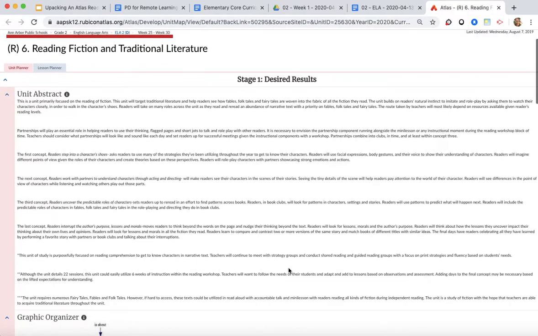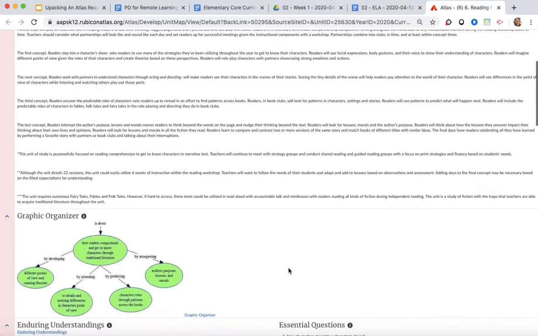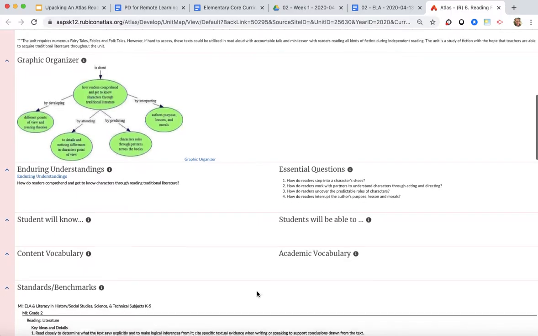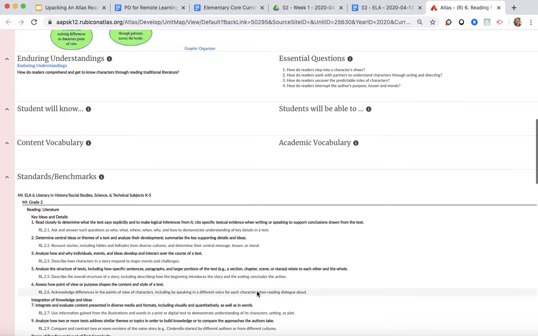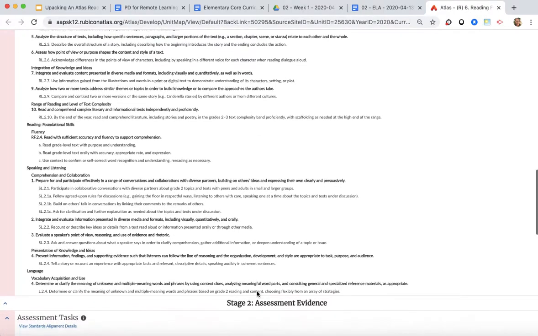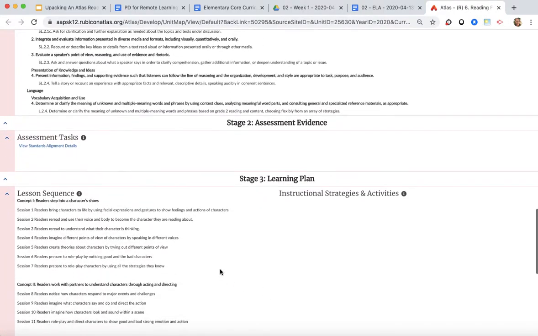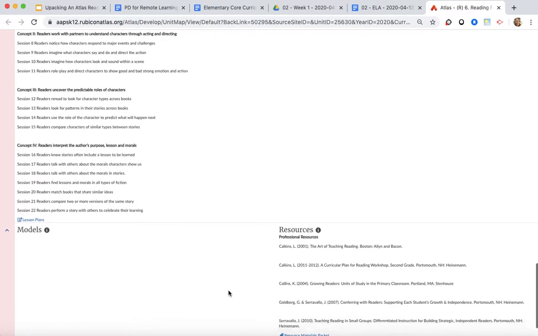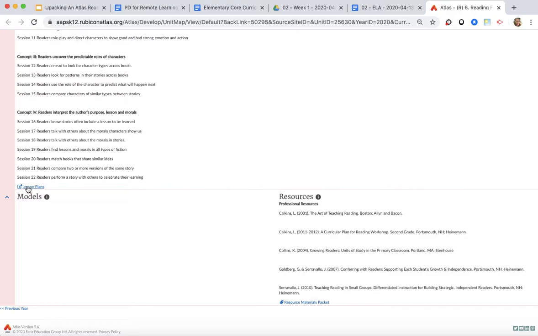You're going to scroll down below the unit abstract. As you're scrolling, you'll see other tools and resources that could be helpful while you're planning. You'll see the standards that were used in creating these units. Keep scrolling, you'll see lesson sequence, and at the very bottom of lesson sequence, you'll see a hyperlink called lesson